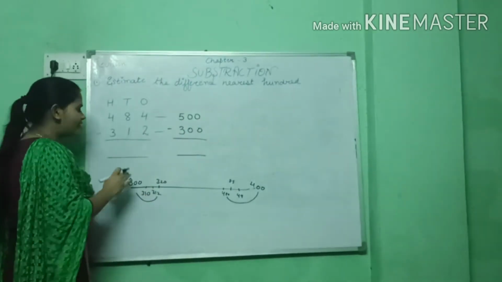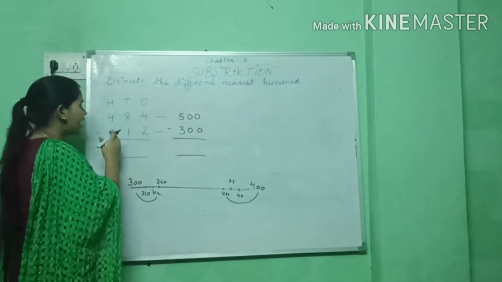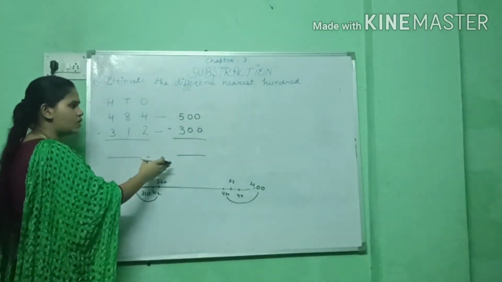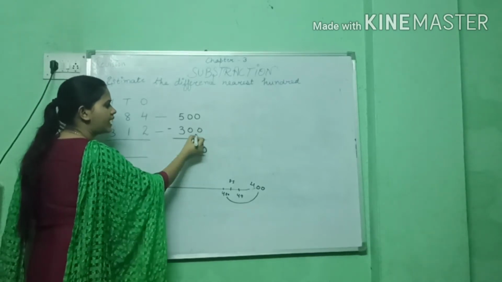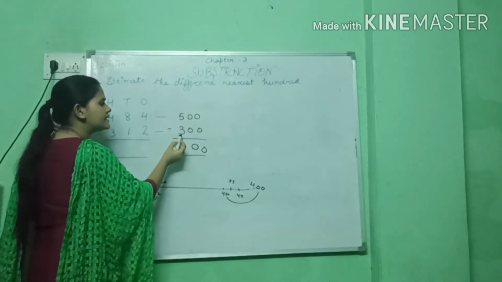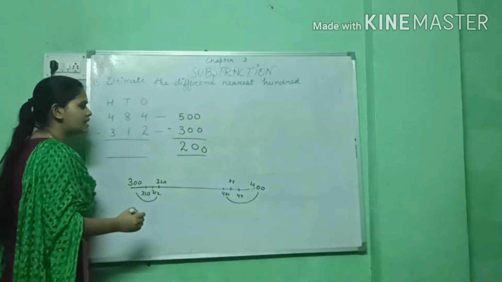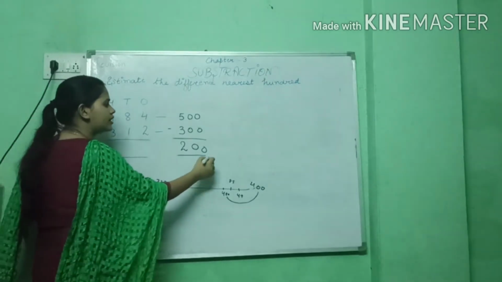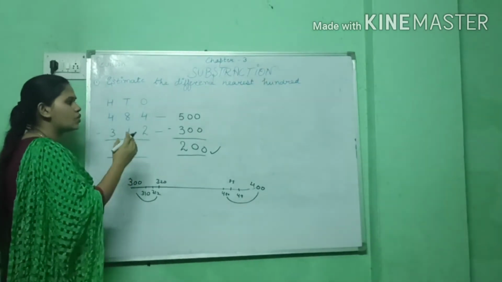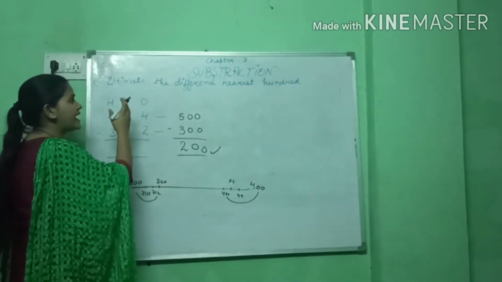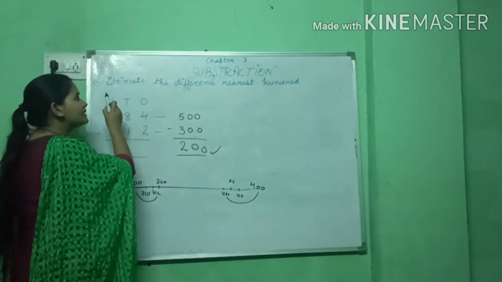Now I will minus. I will not minus this one; I will minus the estimated numbers. As we estimated these sums, 0 will be 0, and 0 will be 0. When we minus 3 from 5, 2 will be left. You can see the estimation answer is 200. In this way, with the estimation of these numbers, we can solve this sum, which says estimate the difference to the nearest 100. Always remember to learn this statement.